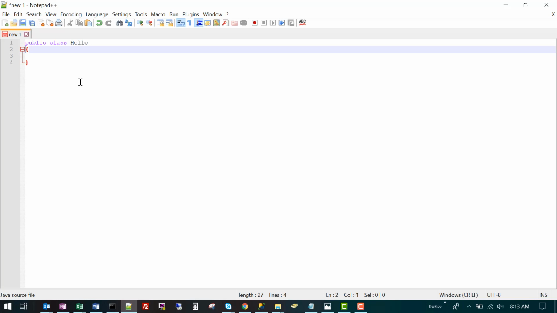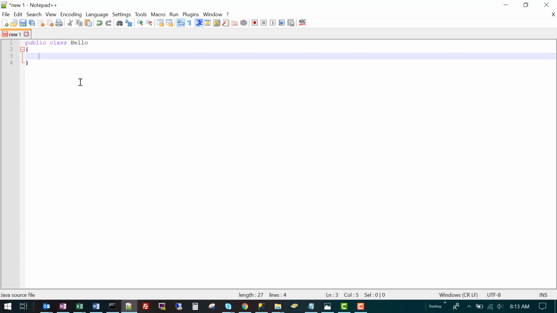As I said, the curly brackets indicate the beginning and the end of the block. In this case, the block is the definition of the class. So in the simplest version of a program in Java, the next thing we're going to need is a piece of code called a method.